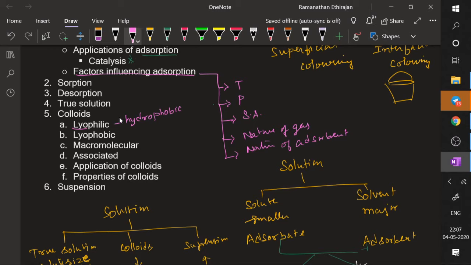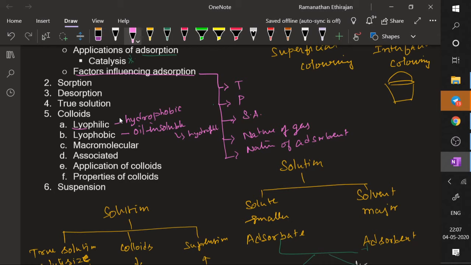Philic means to attract, so these are oil soluble colloids. Then oil insoluble colloids, which are nothing but hydrophilic, just the opposite term. Then macromolecular colloids, where the size is macromolecule, and we will be discussing associated colloids